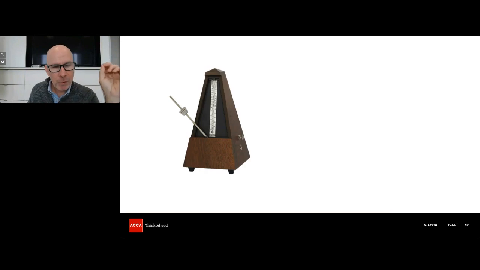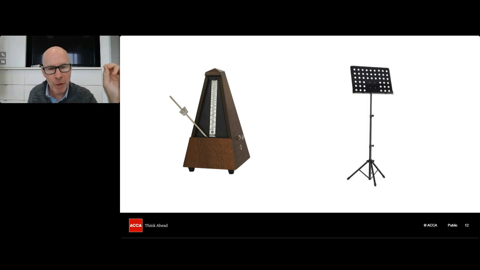Okay, so it's like being a musician. Musicians practice with a metronome, okay? You are going to be practicing with a timer. And then it's also about rehearsing the notes, practice. I'm going to come to the practice part in a moment.